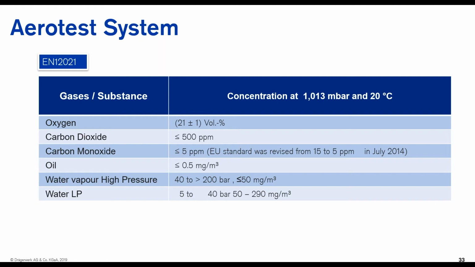First of all, there might be contamination in the breathing cylinder, for example, carbon monoxide. Carbon monoxide in compressed air might come from the compressor. Carbon monoxide is a product of incomplete combustion, and some compressors have oil-based lubricants that can heat up and produce carbon monoxide. So why do we test all these substances? For example, carbon monoxide itself should be maintained below 5 ppm. A higher concentration will cause headaches and dizziness to the users. At an even higher level, it might result in loss of consciousness and even death.